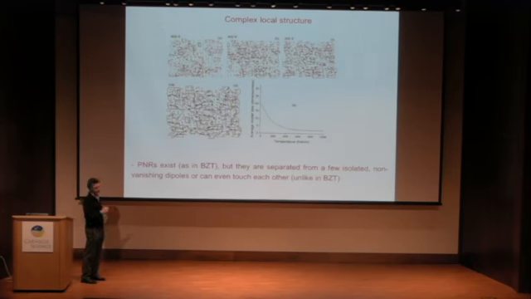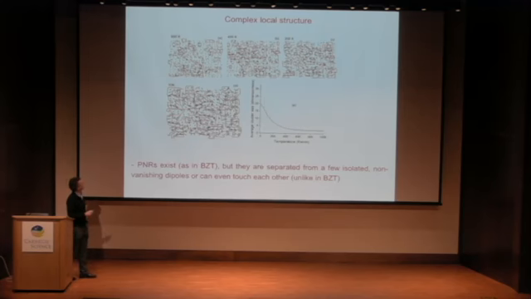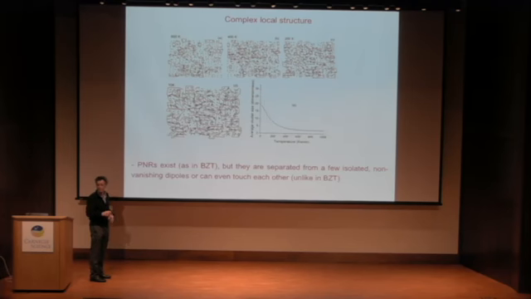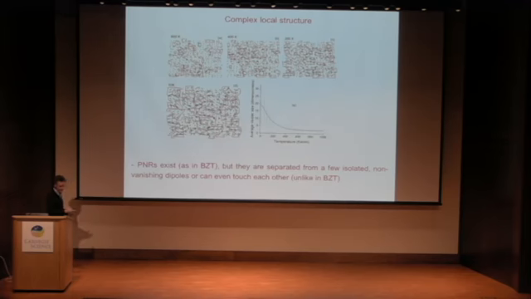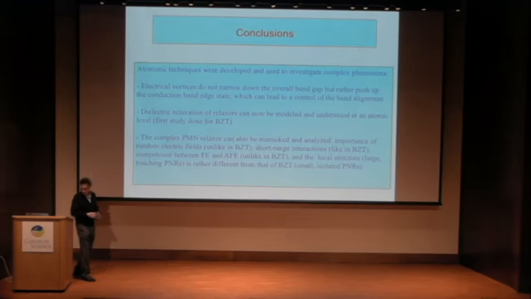And a nice thing, I was happy to see that the group of Andrew and Ilya now see this polar region as well. And what is very interesting in PMN is that they are quite large and they touch each other. It's completely different from BZT, for which they are small and isolated inside a paraelectric matrix. And we did find, I think consistent with experiment, that they can increase in size slightly. So let me go to the conclusions here.